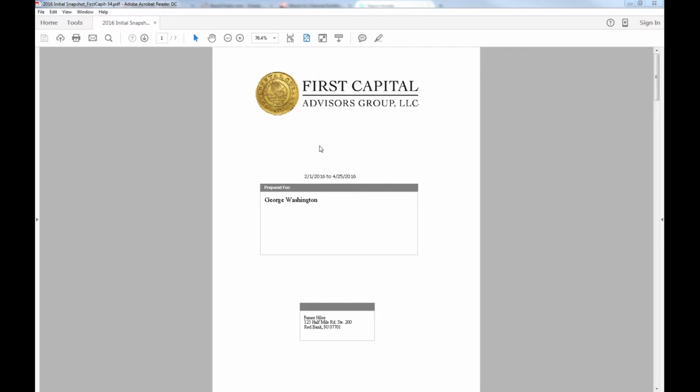You're going to be looking at your first snapshot. So I'm going to do my best to explain it to you in a few minutes. You're going to get page one, which is going to have your information right here. Be aware that there is a date in here which tells you when the report is to and from. And notice this is from February 1st to 4/25 of 16, yesterday's date. This is the actual audited and scrubbed information we have so far. We will be getting past information to you shortly. So moving on to the next page,